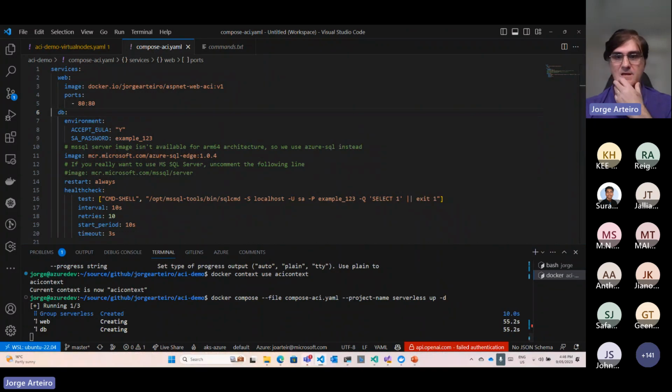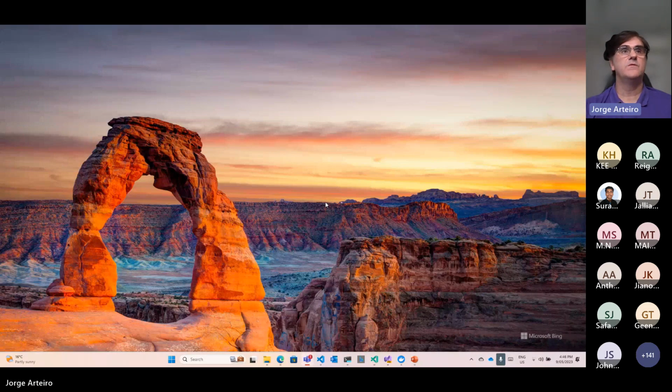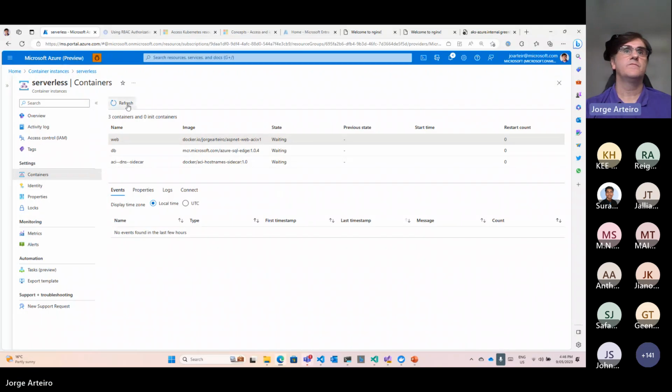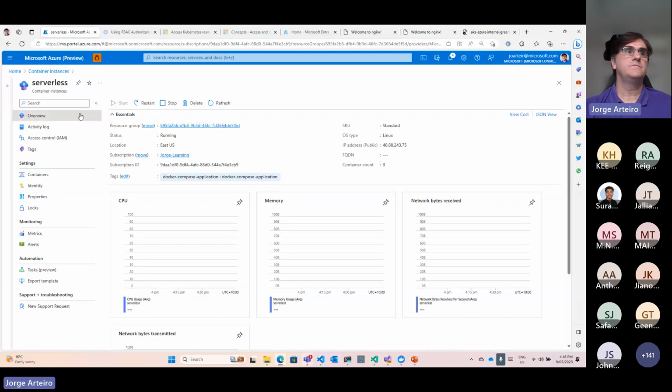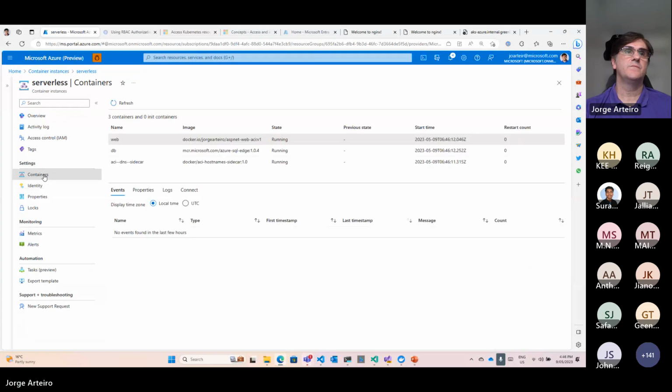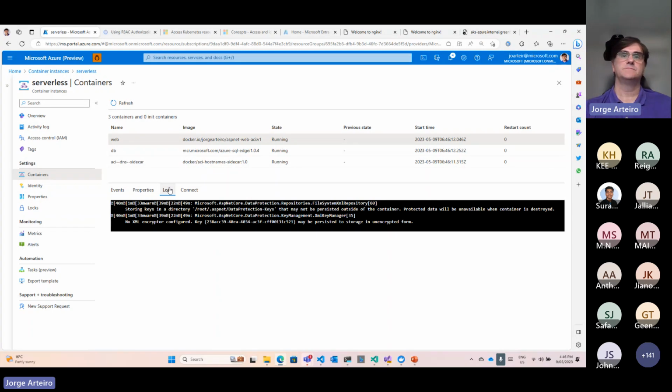Hope that helps. Yeah, it's going to take some time to create. There we go. Say that's running. Yeah, not sure if I exposed that one. Anyway, I had to test internally because I haven't exposed it, but you could connect to that and see. We'll see the logs here.